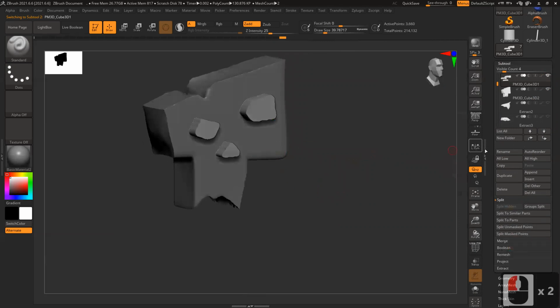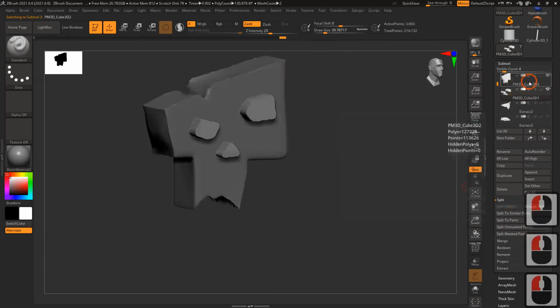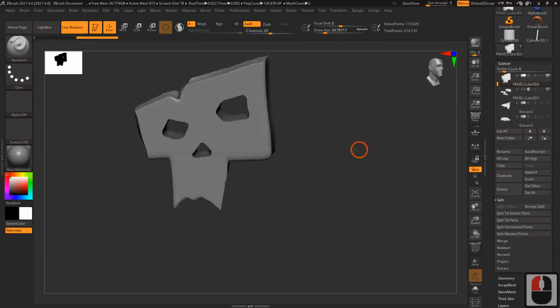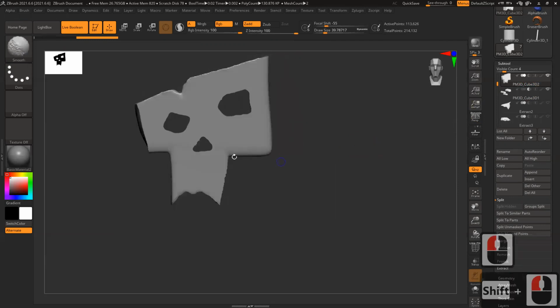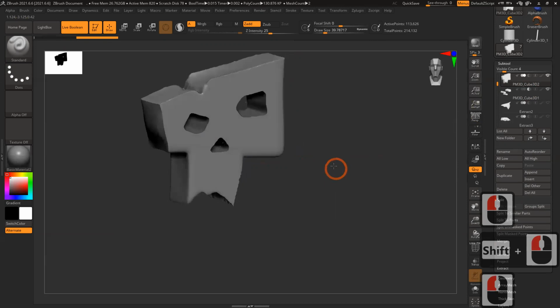Now what I'm going to do is create a boolean. We can do boolean in ZBrush as well. This is my actual geometry, so I'll move it up. And this is my boolean mesh. So select this one and switch on this live boolean option. You can see nothing happens. Now this model, click here. You can see it creates that nice hole with capping, nice covered, everything very clean shape.